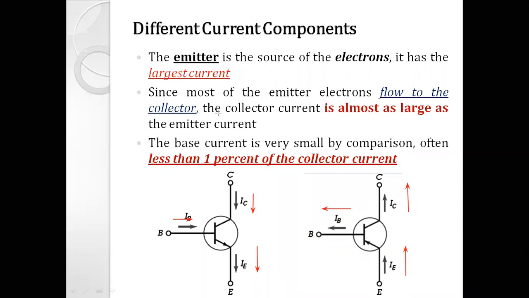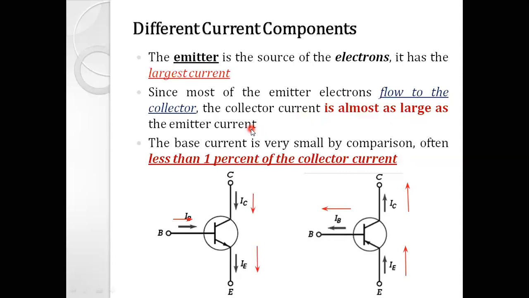As the emitter is the source of the electrons, it has the largest current, obviously, because movement of the majority carrier starts from the emitter region, right? So out of these three currents, the magnitude of the emitter current is always higher than the base current and the collector current. Since most of the emitter electrons flow to the collector, the collector current is almost as large as the emitter current,